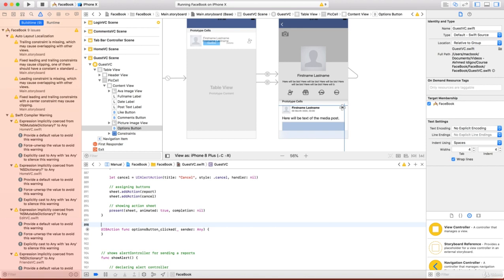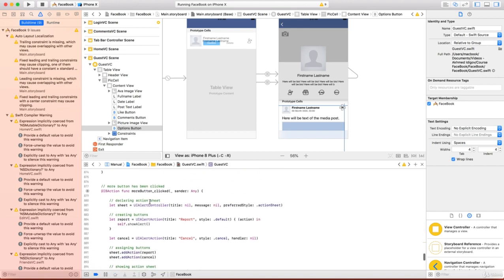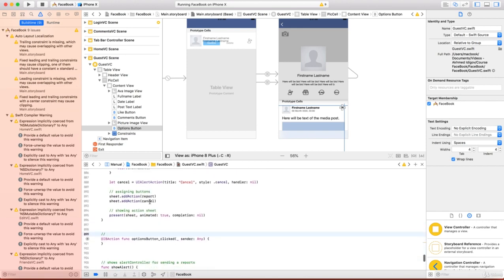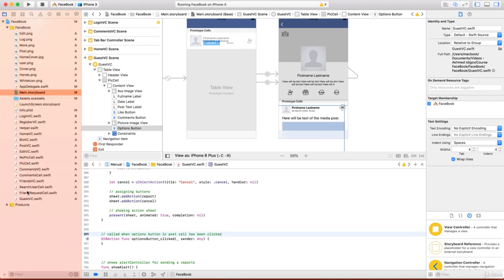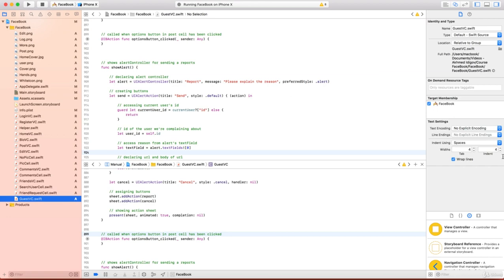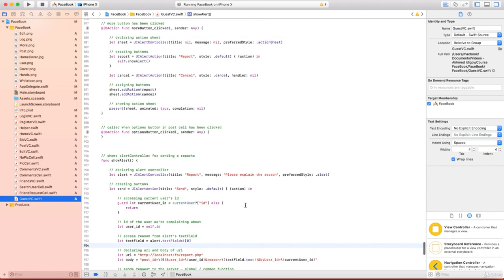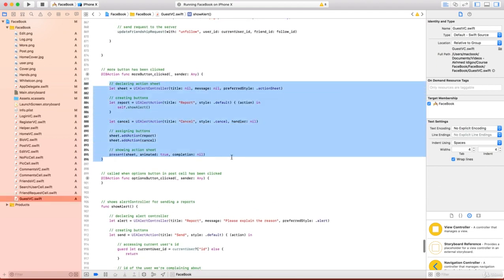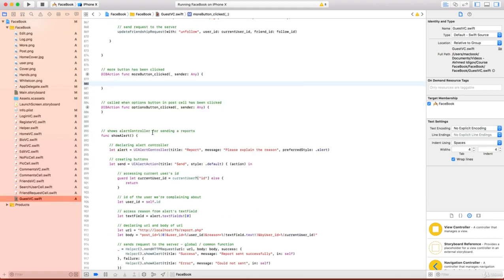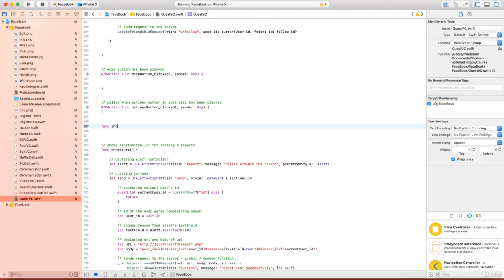Okay, brilliant. Here we will write something like called when options button in post cell has been clicked. Okay, we are now heading directly to the guests VC, guest view controller. And as you know, we need to call the same action sheet. So rather than just duplicating the code, here I'll just cut this and I will insert it in the new function, which will be show,